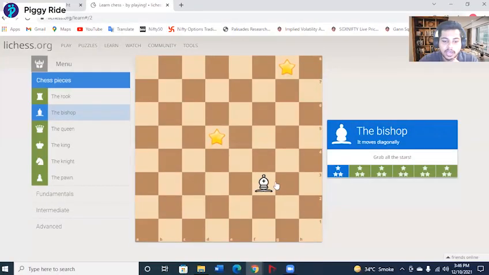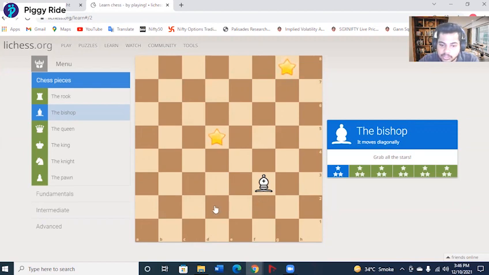I'll be sharing my screen now. Okay, so yeah, remember I've told you the bishop can only move diagonally, and that is also the reason why if a bishop is in a white box, it will only be traveling in the white boxes around it.